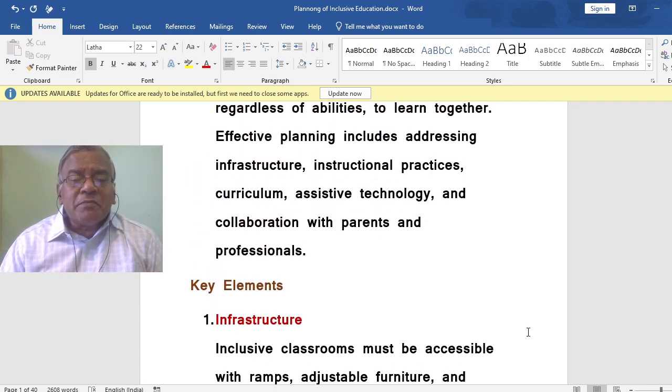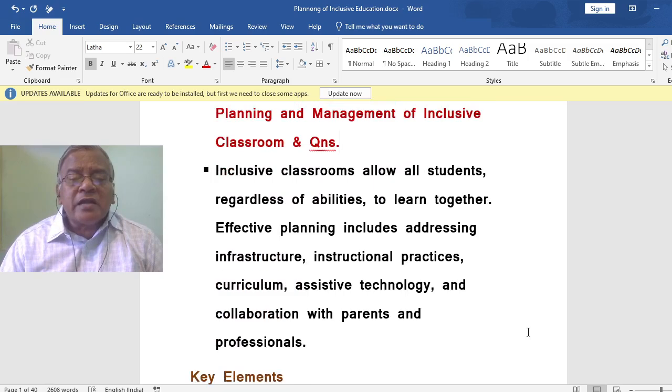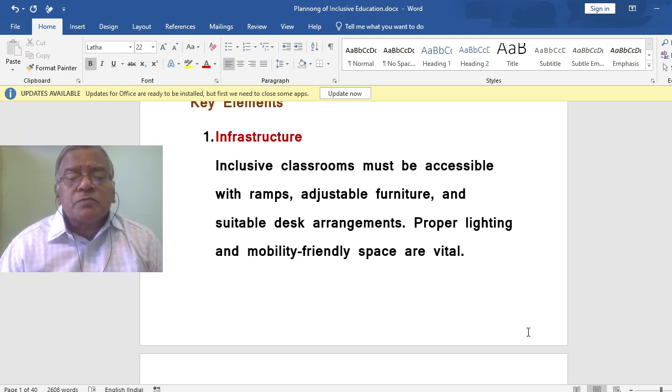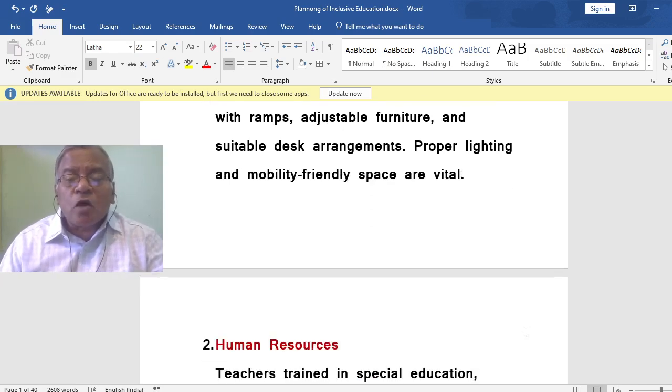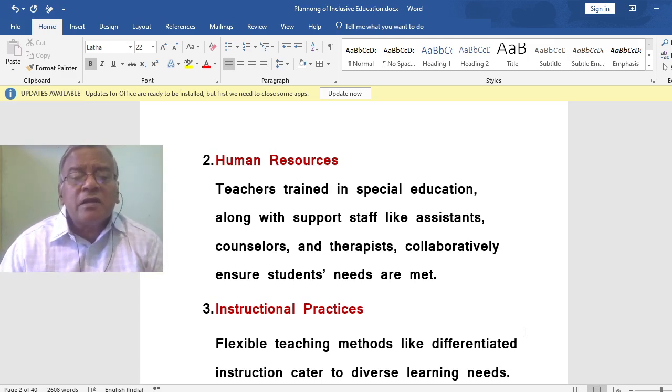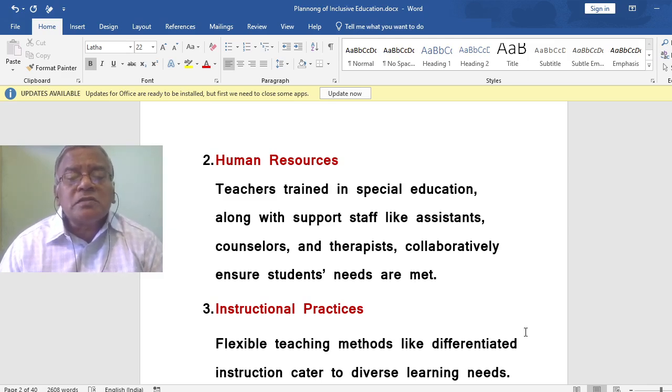What are the key elements in the planning and management of inclusive classroom? Infrastructure. Inclusive classrooms must be accessible with ramps, adjustable furniture, and suitable desk arrangement. Proper lighting and mobility-friendly space are vital. Then human resources, another element in the planning and management of inclusive education. Teachers trained in special education along with the support staff like assistants, counselors and therapists collaboratively ensure students' needs are